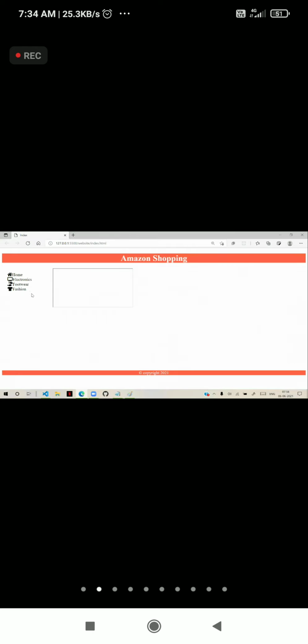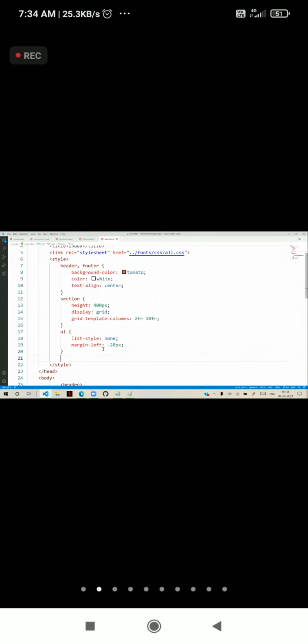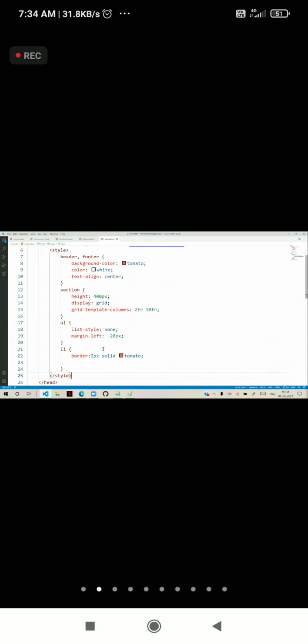And for list items, we will give border 2 pixels solid tomato, and here background color light salmon, and color white.